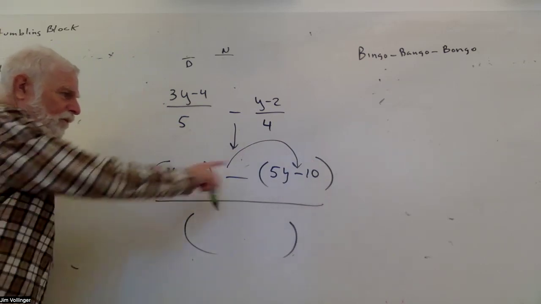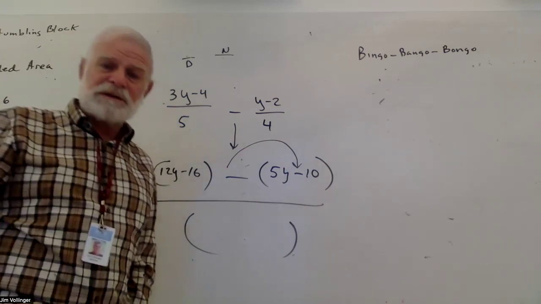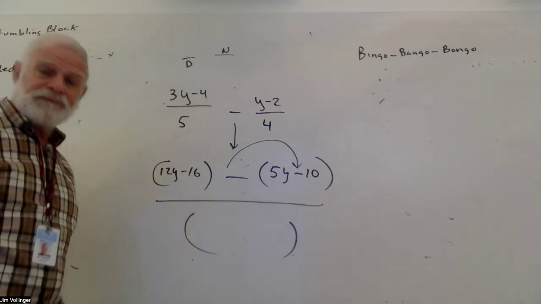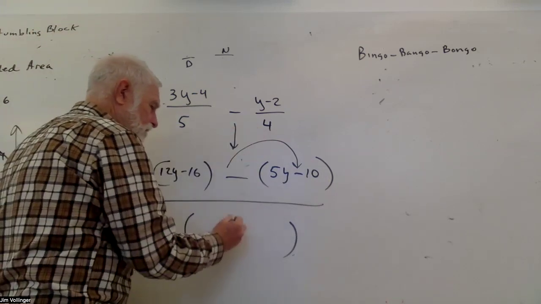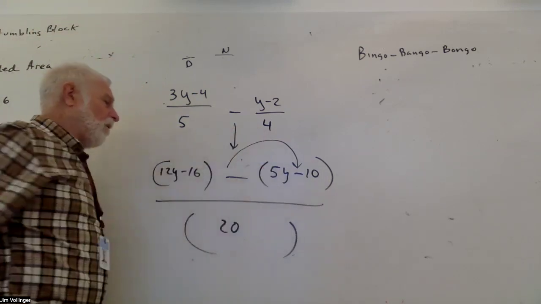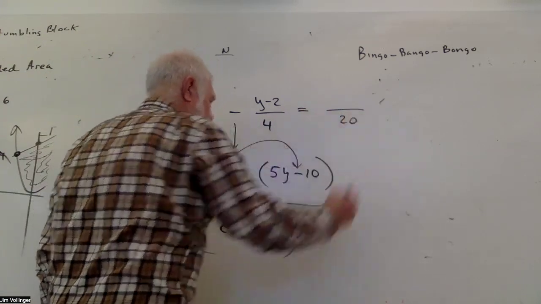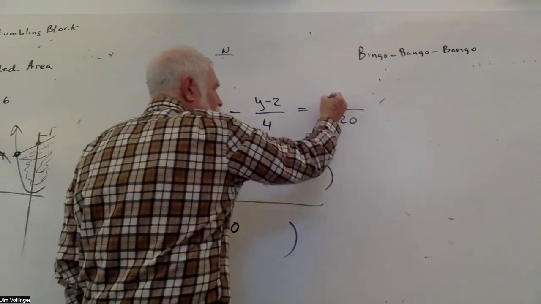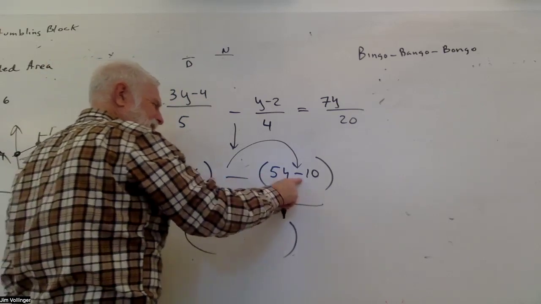Notice, unless you put the parentheses there, my experience has been you'll continue to make mistakes for weeks unless you're really looking critically at your answer keys, and not everybody does. 5 times 4 is 20. From there, you should be home free. So what does this equal? That's 20. Okay, 12y minus 5y, 7y, minus 16 plus 10,